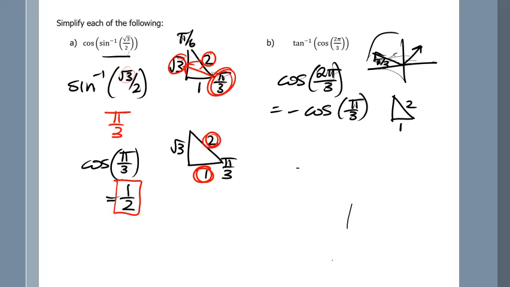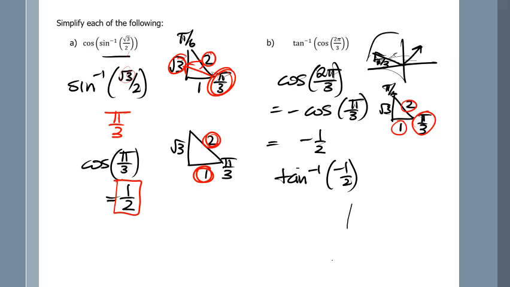So with our special triangle, 1, 2, root 3, pi on 3, and pi on 6, I want to find cos of pi on 3. So there's pi on 3, cos is adjacent over hypotenuse, so this gives us negative 1/2. Next, I want to evaluate tan inverse